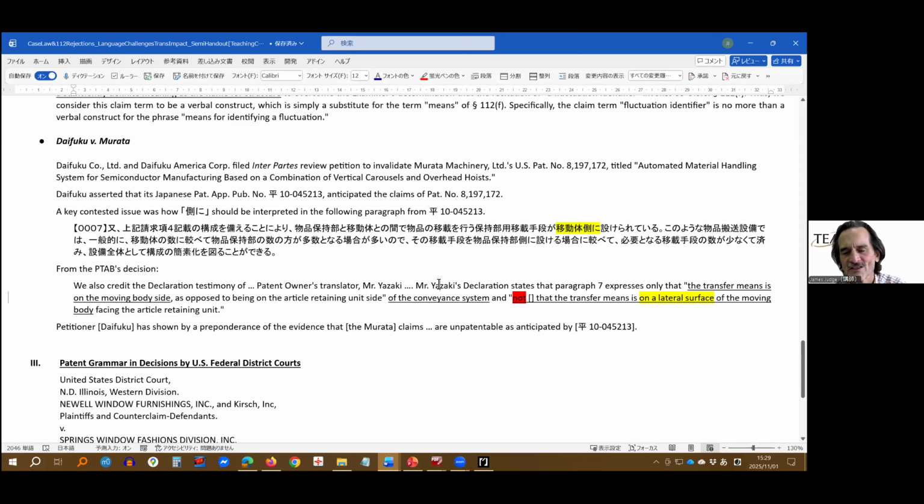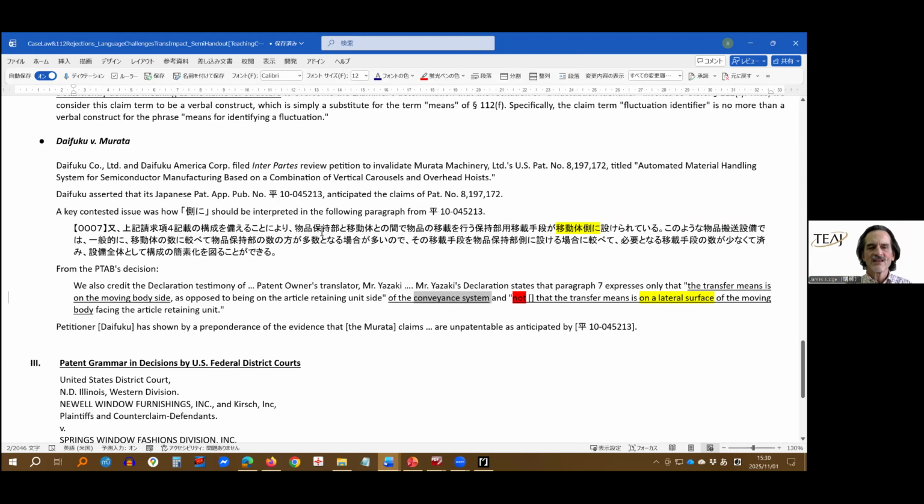But Murata's translator said, no, I'm sorry. We look at Daifuku's Japanese and we have to recognize that it's on the side of the entire system, not on a lateral surface of the moving body. So unfortunately for Murata, but fortunately for Daifuku, this very honest translator, Mr. Yazaki, looked at this Japanese and testified that this "gawa ni" means relative to the entire system and not on the side of the device. So I thought that was interesting,